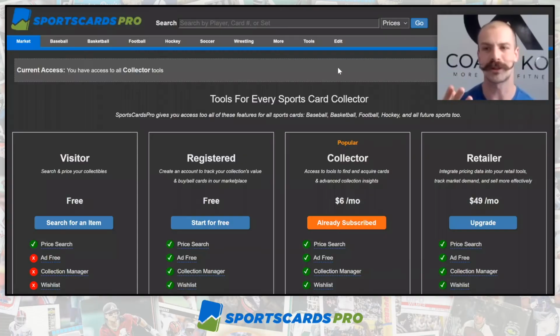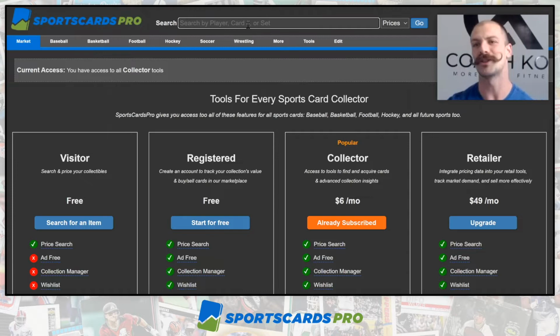So the first thing we're going to do, we're going to open up Sports Card Pro here. And we are going to go through and find out how much an Austin Matthews Young Guns canvas card is. As I said, this app is completely free to use. Obviously, there are some additional tools if you decide to go with the premium options. We're going to go Austin